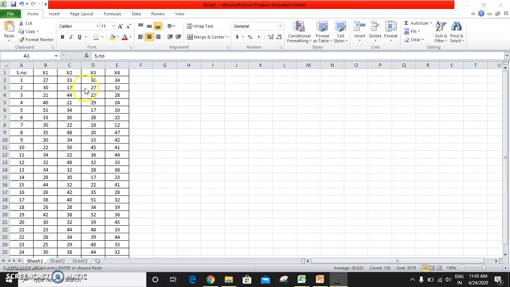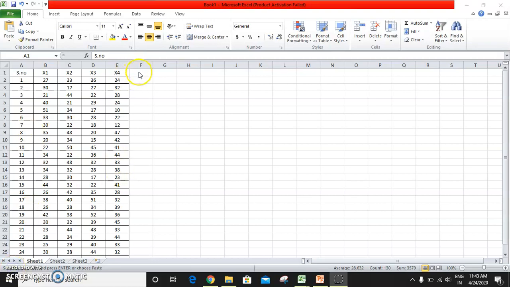I'm taking again the same problem in which we had 4 observations, as we had in our previous session. Here also we'll have 4 observations, and we will try to understand how to find the standard control chart for mean using range.